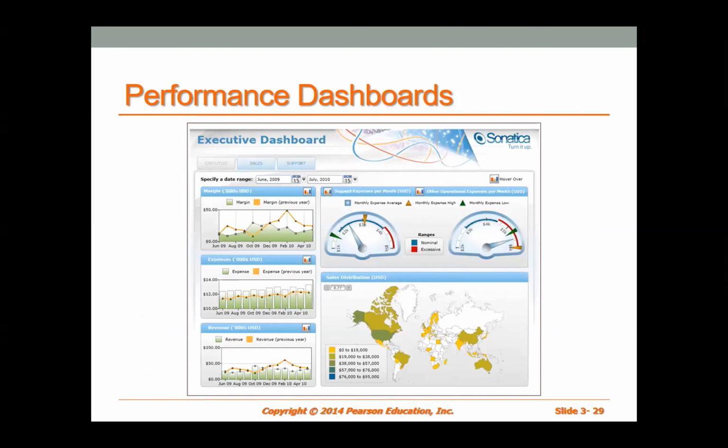Now see here, this is one of the dashboards. Can anyone tell me what kind of dashboard this is and what kind of information it gives us?